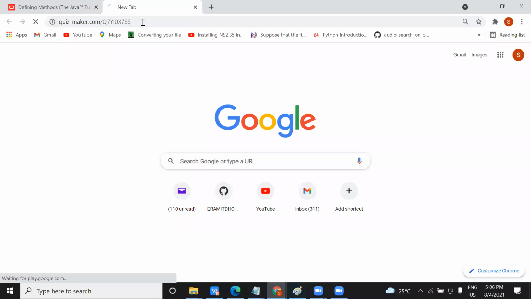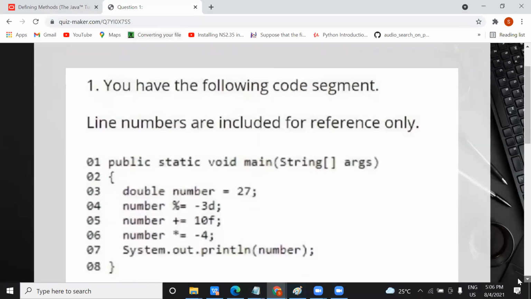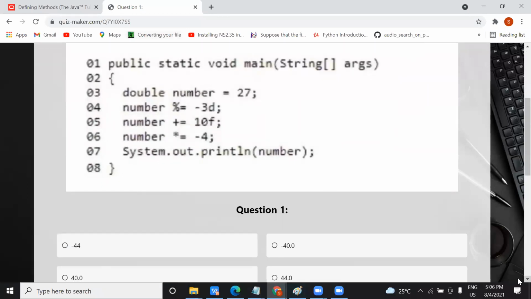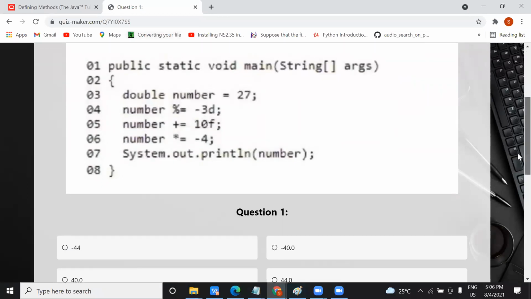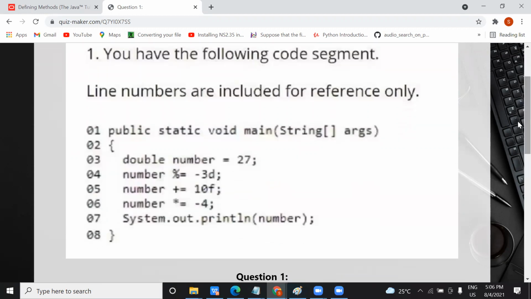Suppose this is the quiz. We have prepared it for you. Just see this, this is a question. You can solve it together, in parallel. Now, they will give you one question and might ask what will be the output of a particular line number.